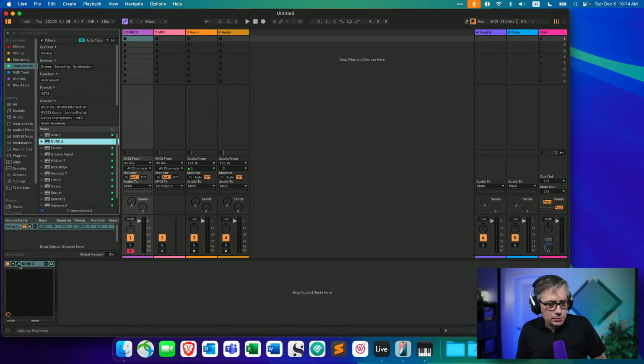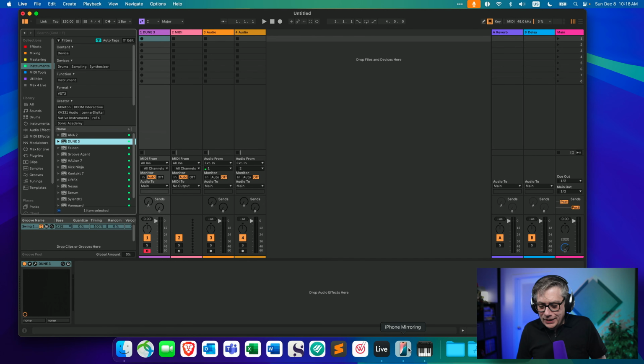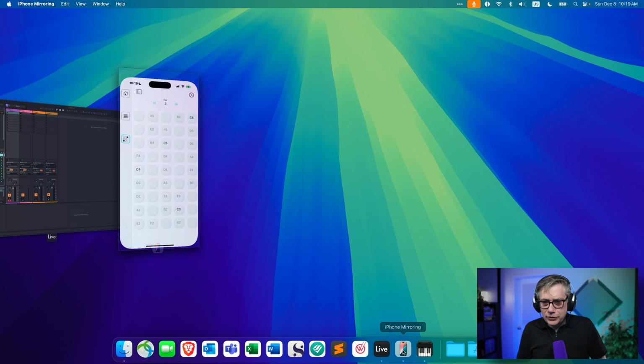Now, what I have here is simply an instance of Tune, because quite frankly, the init preset is such a nice one that I like to use just for the purpose of demonstrating. And then you can use your iPhone as a MIDI controller. Now I'm going to once again use the iPhone mirroring up here. You would normally do that directly on your iPhone or iPad and just play by using your fingers and gestures. I'm going to use the iPhone mirroring for that purpose.